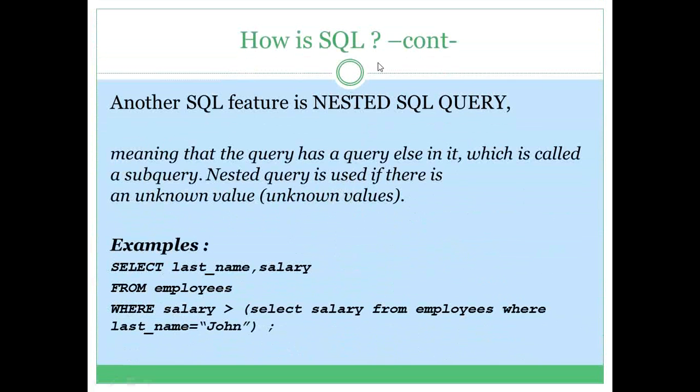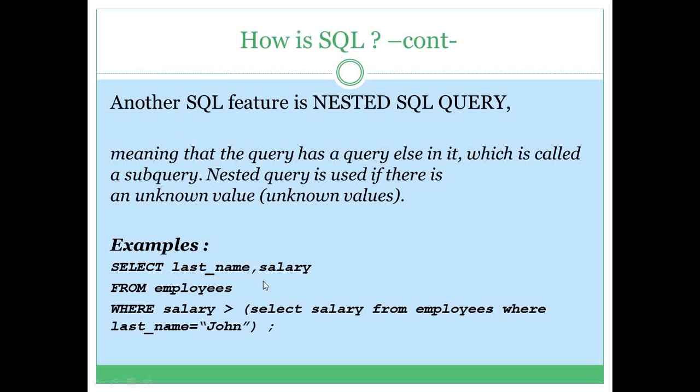Next is another SQL feature, the nested SQL query. It means that the query has another query in it, which is called a subquery. A nested query is used if there is an unknown value or unknown values. Example: select last name, salary from employees where salary is greater than